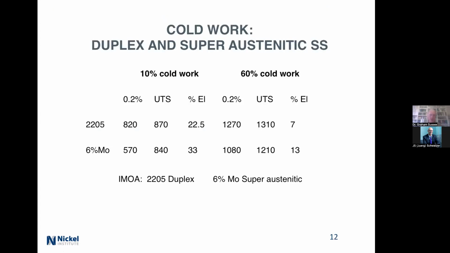The numbers that I pulled off here come from the graphs on the previous page at the intersections, just showing the effect of cold work on the two of them and how much change it actually makes in terms of the strength and the elongation. Obviously, more cold work means less elongation.